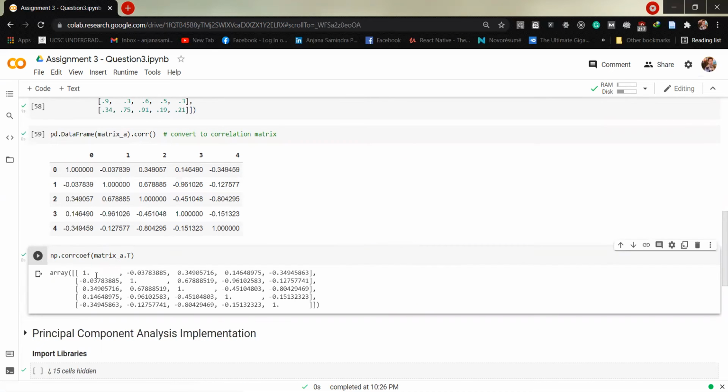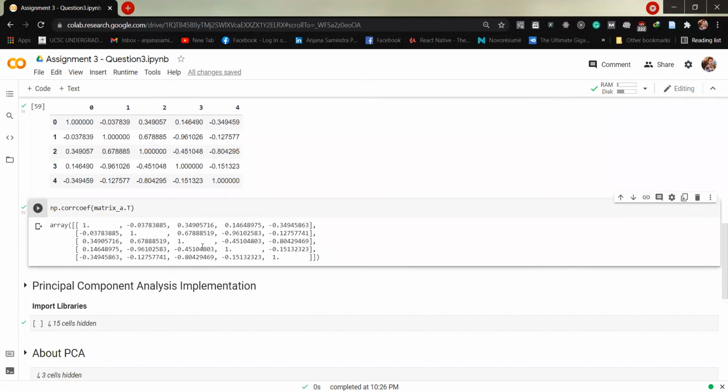As you can see here, this is the same matrix as above. If we understand it further, what's more important is that this shows the correlation of each feature. This one indicates the correlation between the zeroth feature and the zeroth feature, that means itself. Since itself has the highest correlation, it shows 1. If we further analyze this correlation matrix, we can see that we have negative correlation